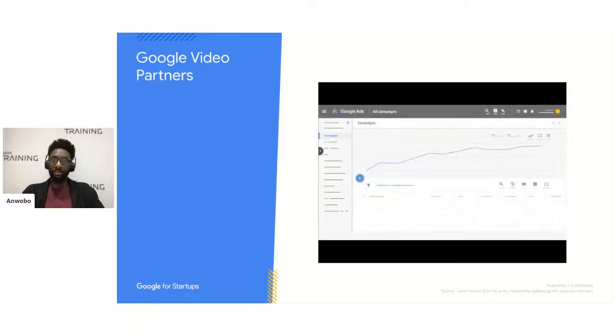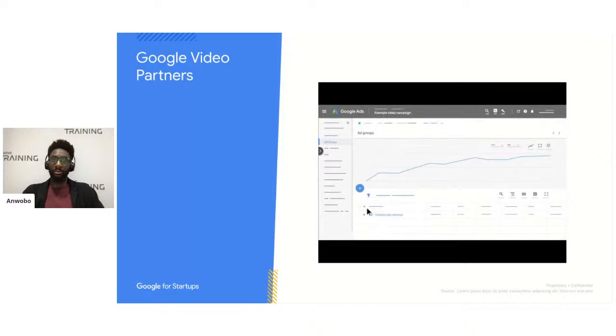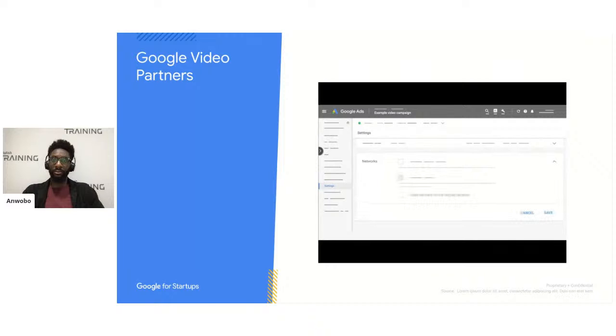Don't worry, it's included by default for most video campaigns. You can also check your campaign settings. Select Video Campaigns in the navigation panel. Next, select the campaign, then click Settings in the page menu. Finally, select Networks. If you see Video Partners on the display network not selected, click the checkbox to add the campaign to Google Video Partners.